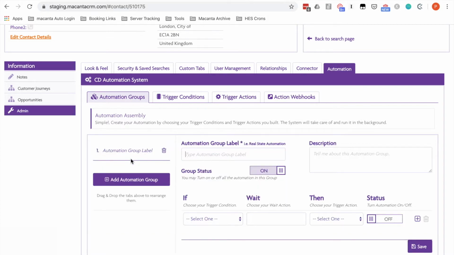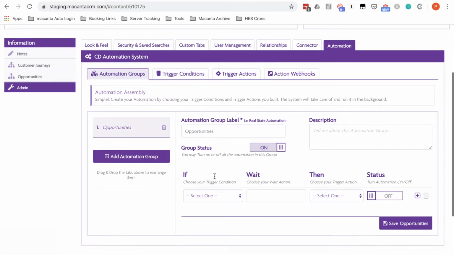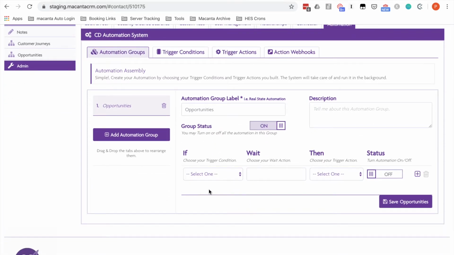So first we create an automation group. You can create different groups for different pieces of automation. Here we're just going to say opportunities. You've got a toggle for group status on off. You can add a description, and then we just go and say, okay, what do I want to do now? If, and this is going to give me my option of all the conditions I've built, and I say if opportunity closed,